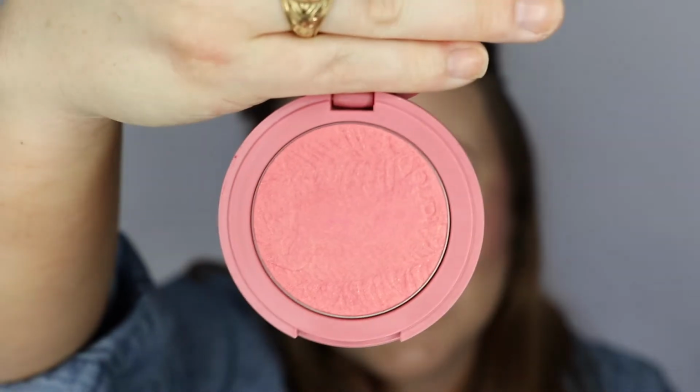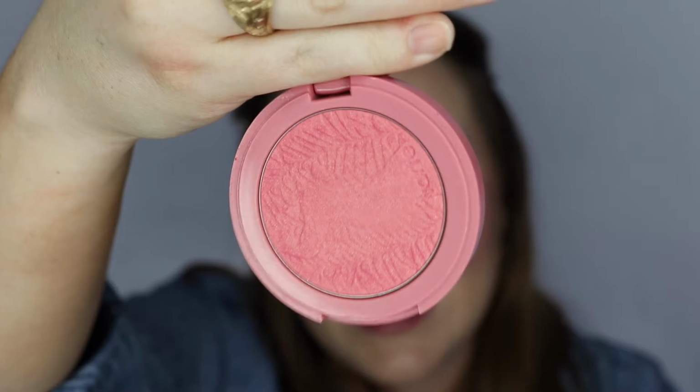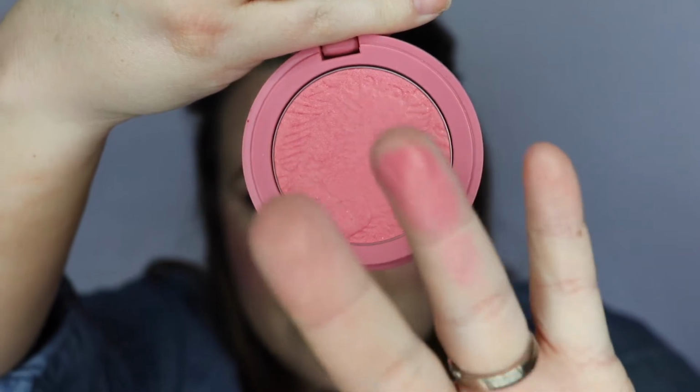Question 3, what's your favorite shimmery blush? You will see a theme here fairly shortly, I guess, where I show you a bunch of the same brand, and I am very sorry, but there's a good reason for it. This is Tarte Amazonian Clay Blush in Glisten, and it is simply stunning. Oh, the perfect pinky peachy,